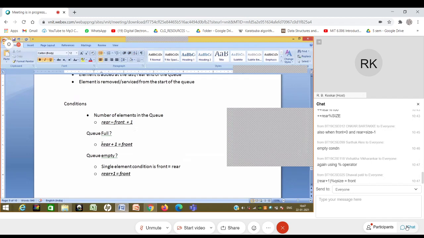So I can say that (rear + 1) % size is equal to front. If I do this, then it takes care of both the cases: front is 0 and rear equal to size minus 1, which is queue full, and the other case where front is just one position ahead of rear, or rear is just one position earlier than front. But now my problem is that